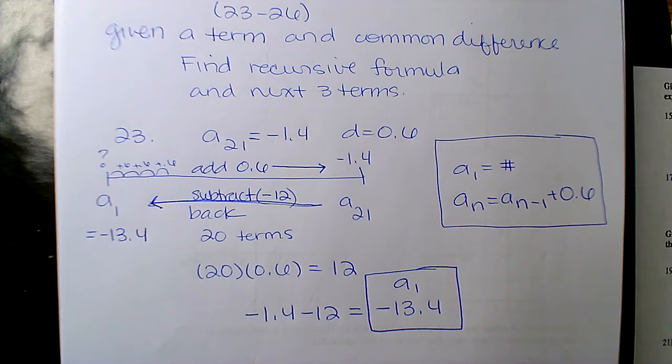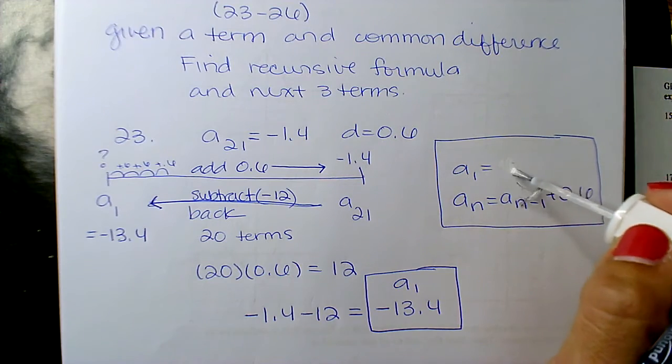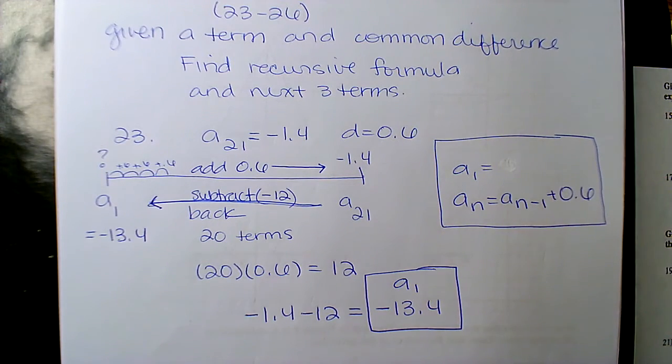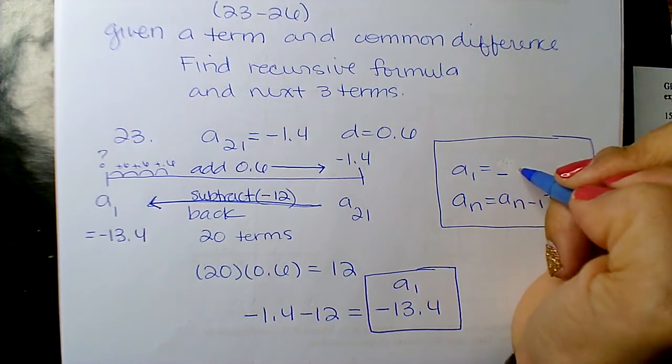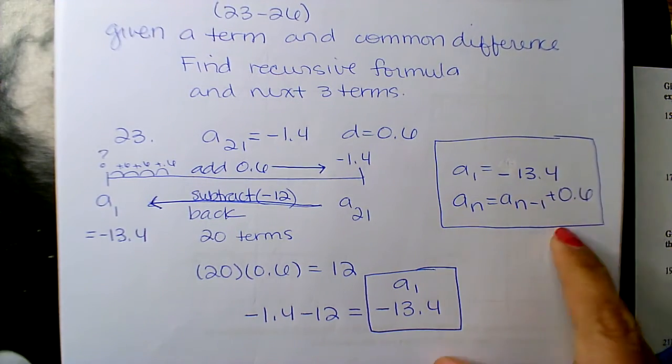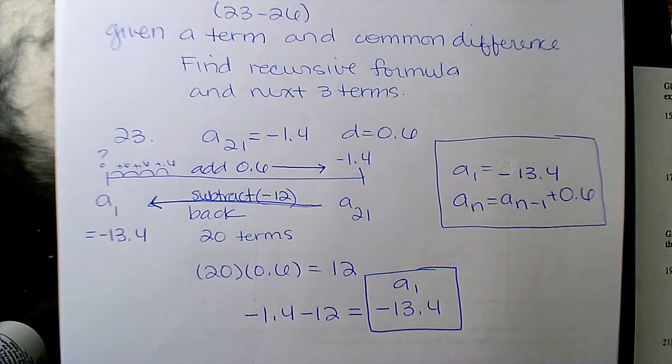So what's your recursive? Oh, I guess I should have, let's white it out. So this first term is negative 13.4. And so there's my recursive. Okay, if you could do that in your head without all that writing, awesome. Let's show it